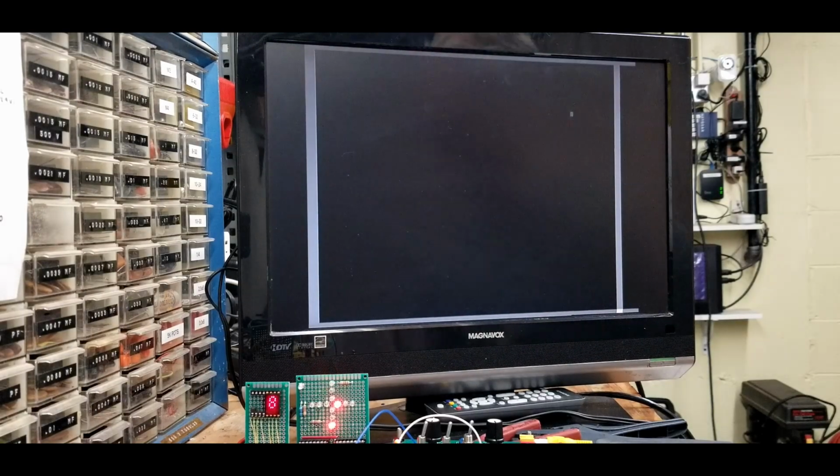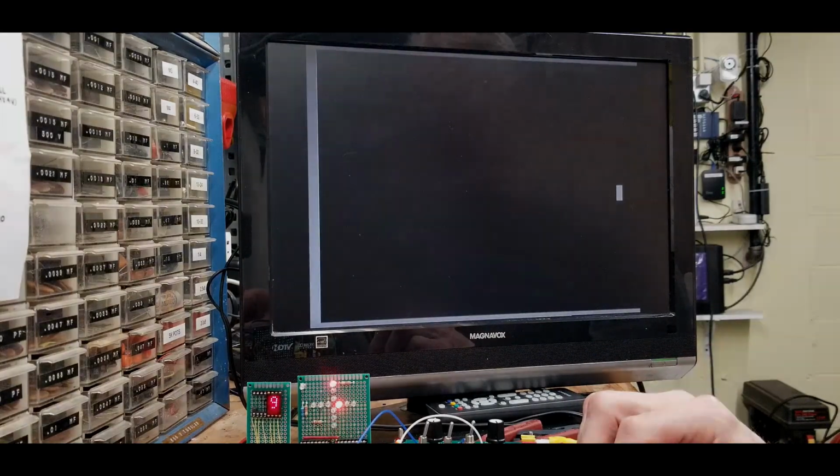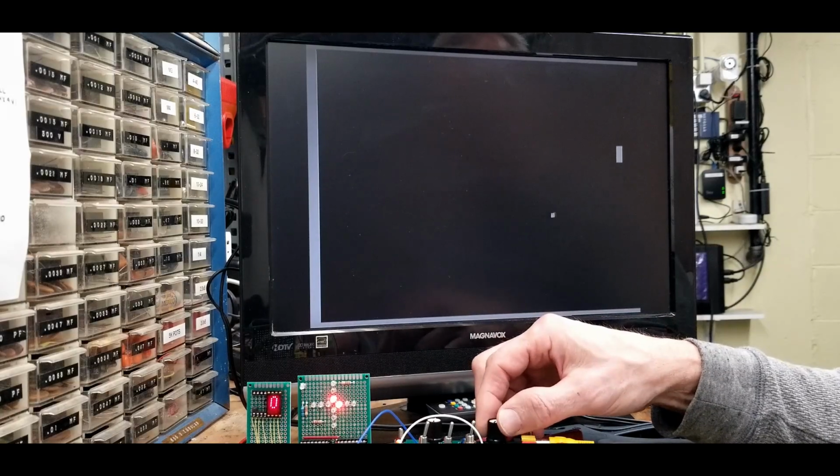Final test is to turn X motion back on, force large paddle, turn off attract mode, and hit the paddle. We can see that this is basically working.